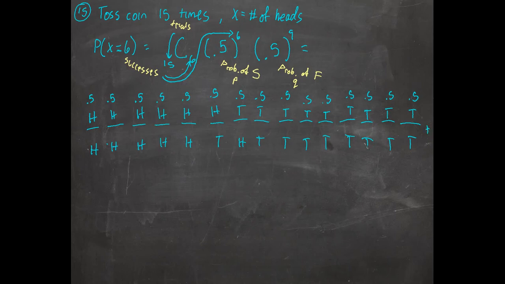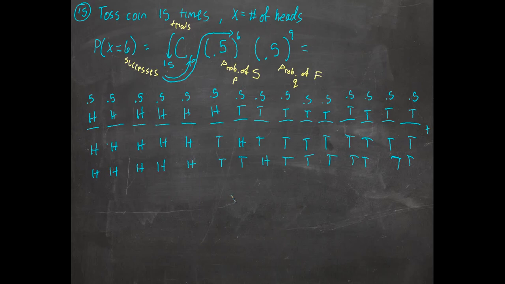We would just add them together, right? It can happen this way, or it can happen this way, or it can happen this way. Heads, heads, heads, heads, heads, tails, tails, heads, and then the rest tails. So you start to see how there are many, many ways to get 6 heads. We can move this H all the way down the line, then we can move this second last H all the way down the line, and then it would get kind of hard to count, but we can use combinations